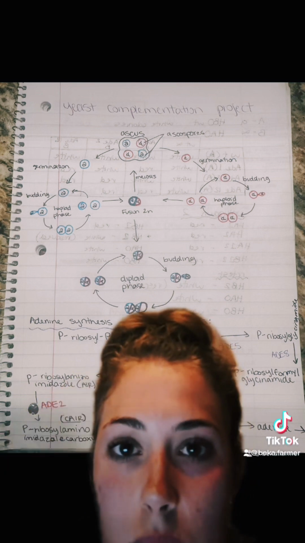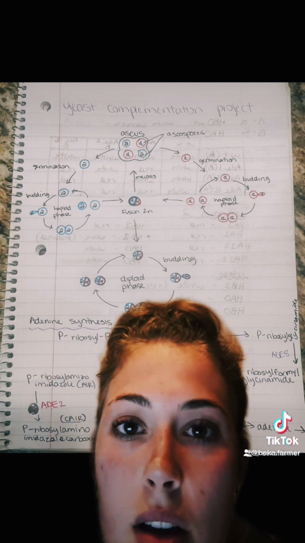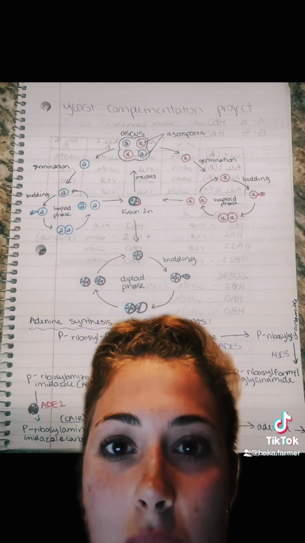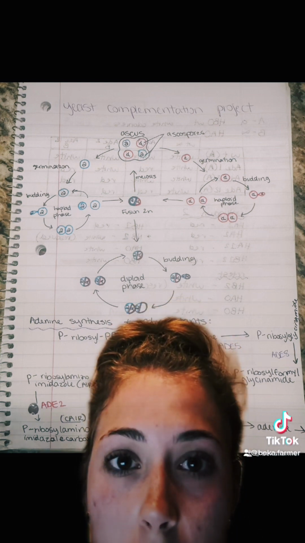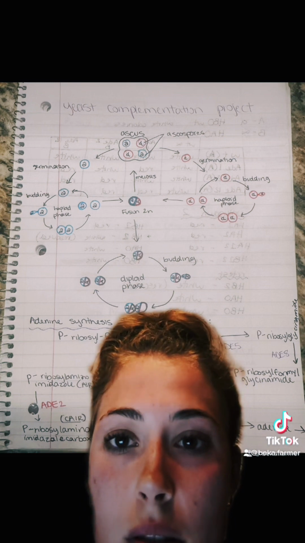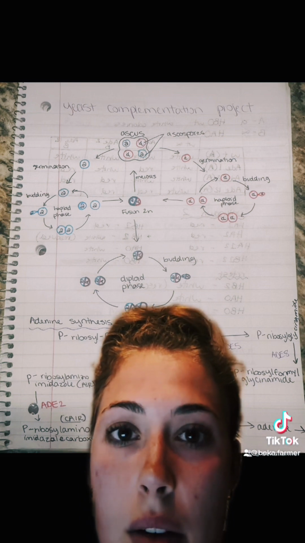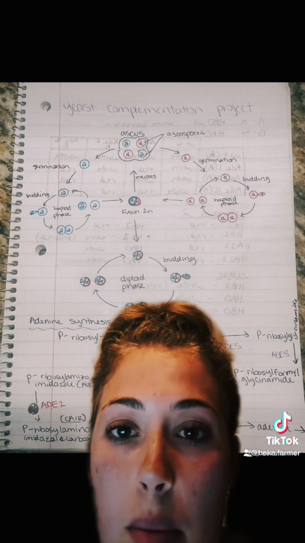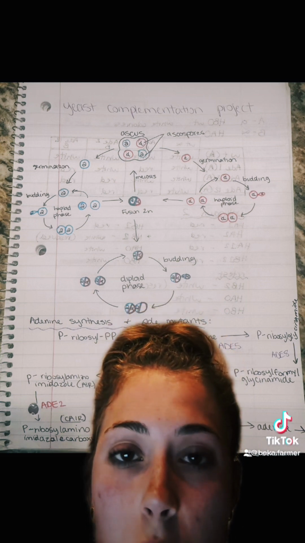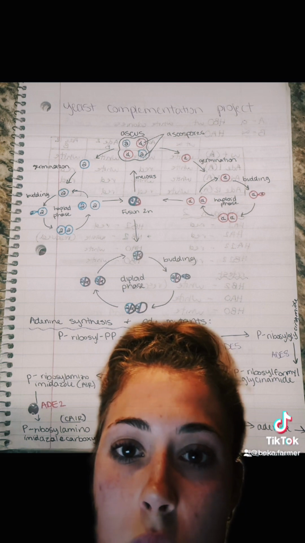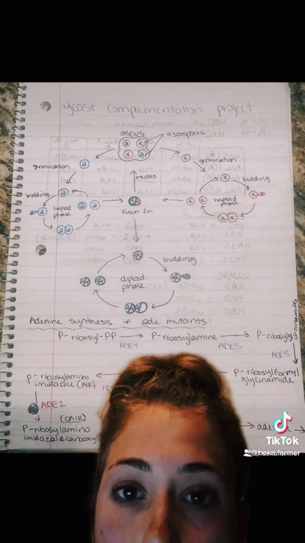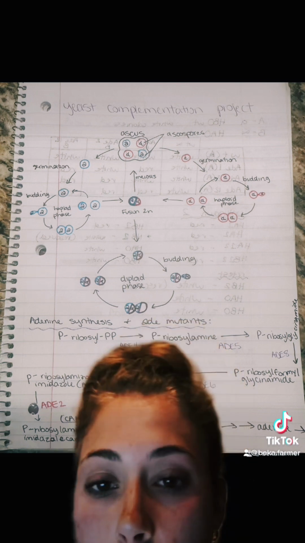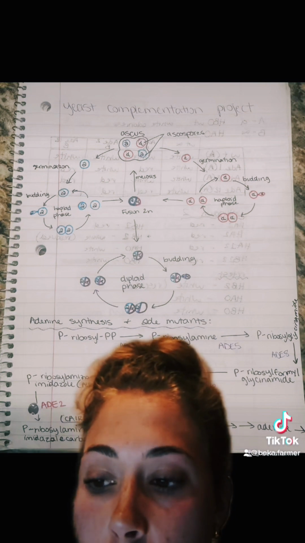So it starts with the ascospores that germinate and bud and go through a haploid phase. Or on the other hand, you have the A, which germinates, buds, and goes through another haploid phase. Both the alpha and the A will fuse to make a diploid cell through budding, which results in 4 meiotic